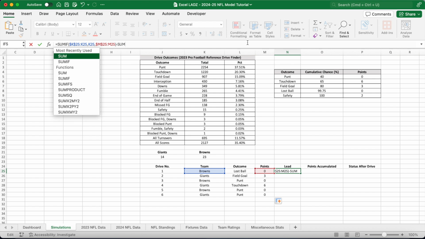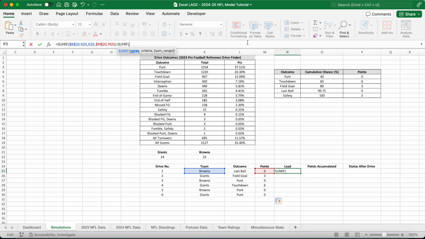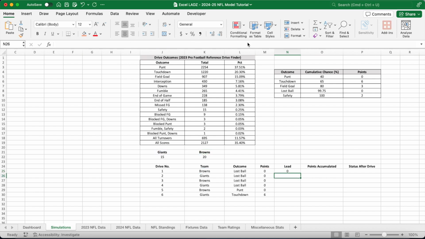Fix that first M25, close the bracket, and then subtract the SUMIF function where the range is K25 fixed to K25, so that when I drag it down, it goes K25 to K26 to 27 to 28, depending on what row you're in. And then for the criteria, it's going to be if K25 equals J21, the Giants, then return K21, if not return J21. Close the bracket there. The sum range is going to be M25 fixed to M25 again. Close the bracket there. You can press enter on that, and in this simulation, the Giants have a lead of